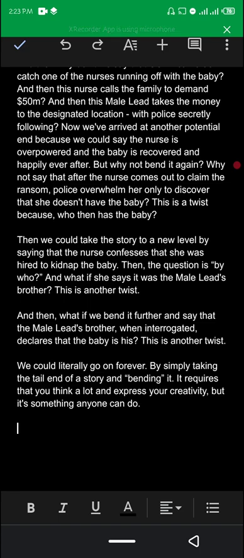There is no limit. Instead of trying to get plot twists by tweaking the middle of your story, take what was supposed to be the end, look at it with your eyes of creativity, bend it, add a tweak to it, add a tweak to the tweak you have already added, add another tweak, add another tweak. By the time you are done, you will find out that you have created about 15 to 16 plot twists. And as I said, your story runs on plot twists. So the more plot twists, the better for you.